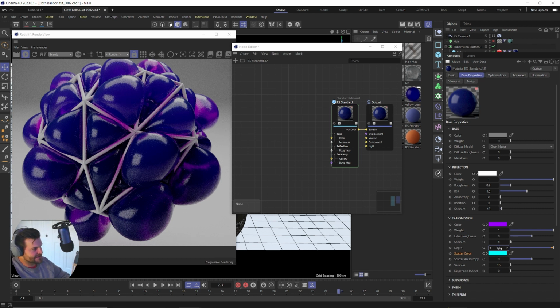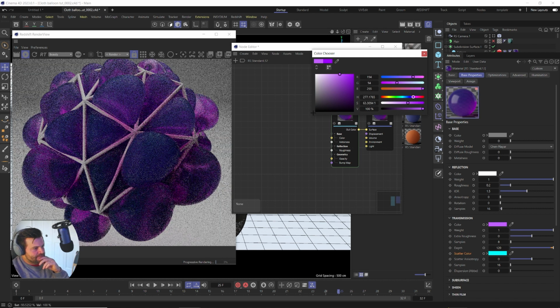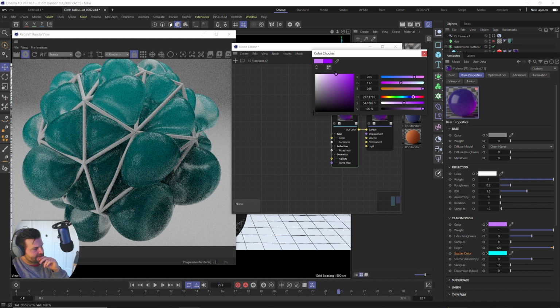So you can just keep cranking this up, and everything is very based on scale and also the colors and stuff like that. So you'll notice that we're not getting a lot of this blue coming through, and we're still kind of dominated by this purple. So you might just want to make this color a little lighter. And now if we come in here in between them and make it just a little bit lighter and less saturated,